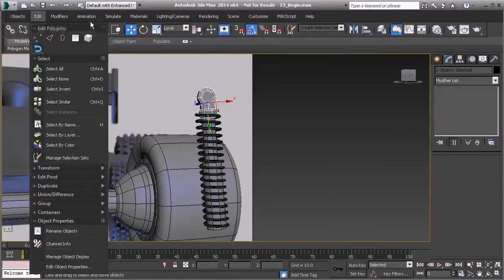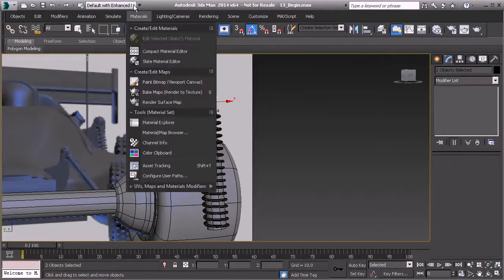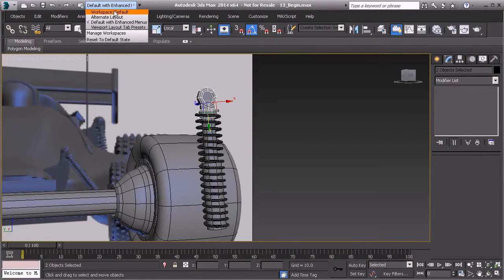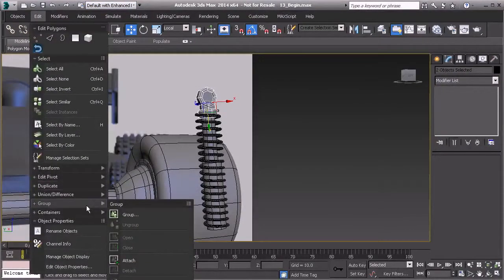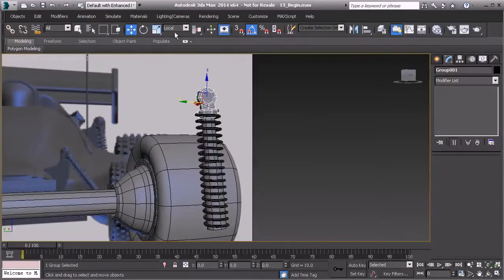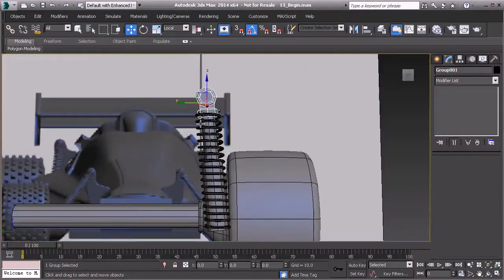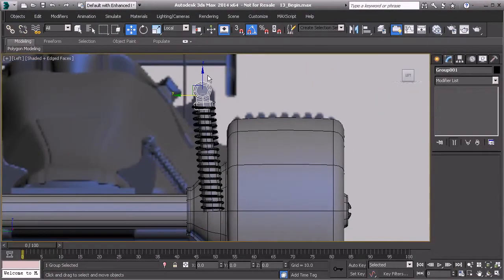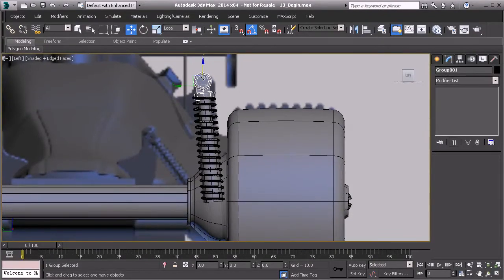Now if you're using the default workspace, it's just going to be Group and then Group again. Okay, so I'm just going to make a temporary group for right now, and let's make sure that that's set to local. Okay, now with the group, you'll notice that even if we're in local or view, it doesn't matter. So groups may not work the best in that case. So let's just go ahead and hold down Shift and drag it straight down,